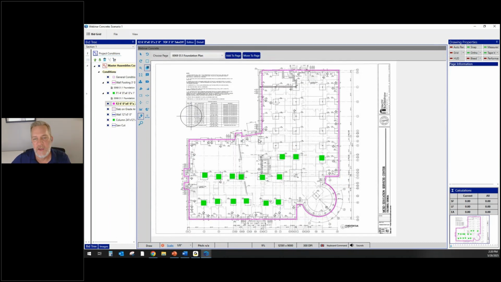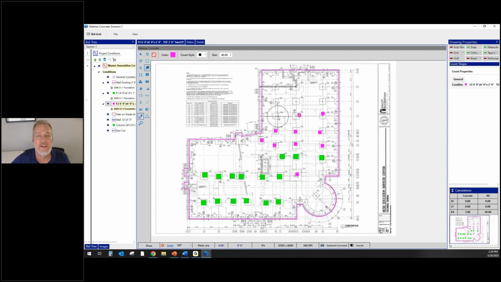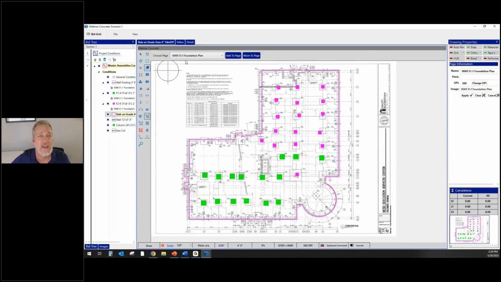Let's go into a different wall footing and count those up. I'm not being perfect with these. We do want some data to work with. All right, so these are how our counts and lineal foots work. Fairly simple, fairly quick. And we're going to come back here and let's click on our slabs and let's go